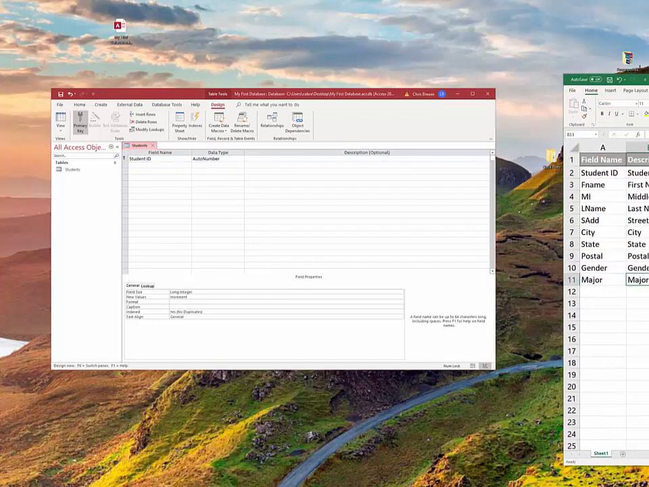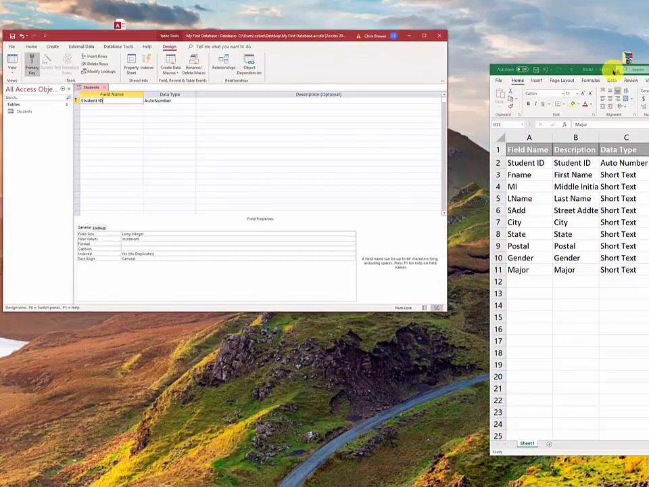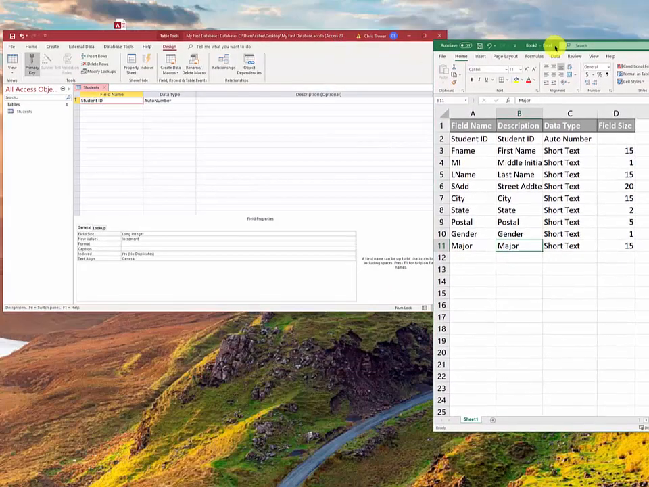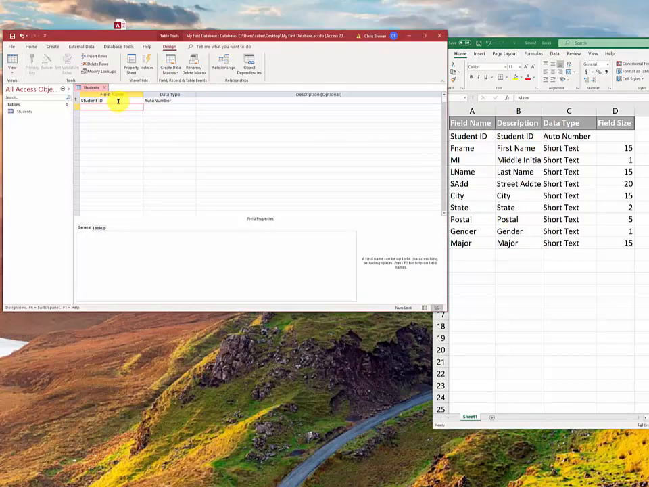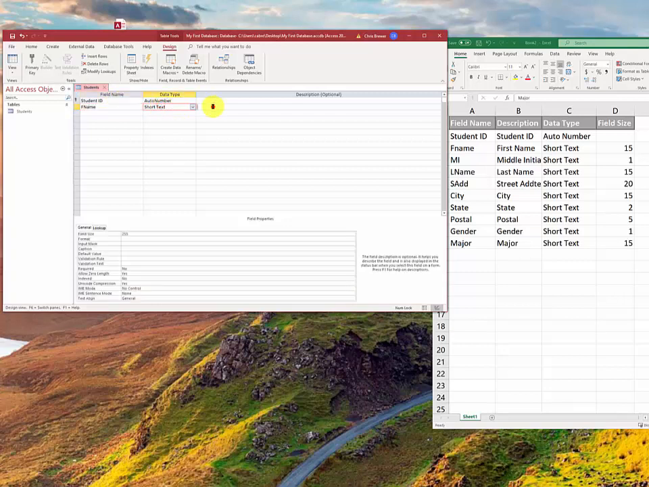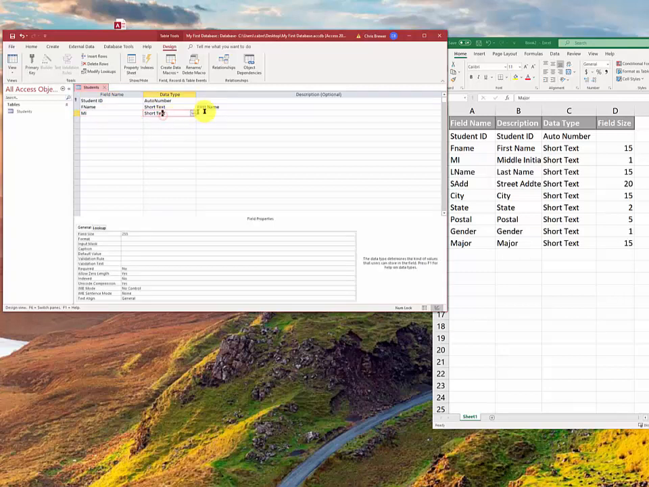So now I'm going to use this spreadsheet. Let's scoot this stuff over so everybody can see everything. Now I'm going to use this spreadsheet to enter the information that I need to create these fields. So I'm going to create fname, and it's short text. And then we have middle initial. Now middle initial, I only want it to be